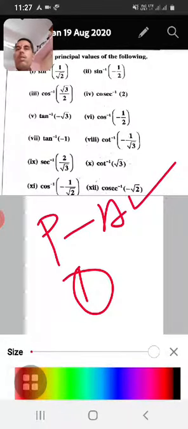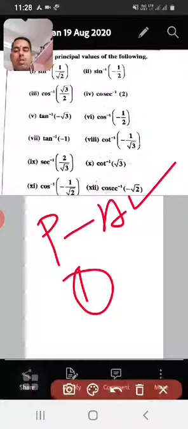Okay, listen carefully. I am repeatedly saying you have to concentrate on the basic properties and some of the basic results, some of the trigonometric values. You must know all these things, otherwise you cannot find the principal value. We have discussed in first PUC the value of sine 30, sine 45, tan 30, tan 45 degree, tan 60, sine 60 degree. So you have to know all the values. These are all 1 mark questions. So let us work out one by one. First please go through the video and afterwards you can write down in the notes.